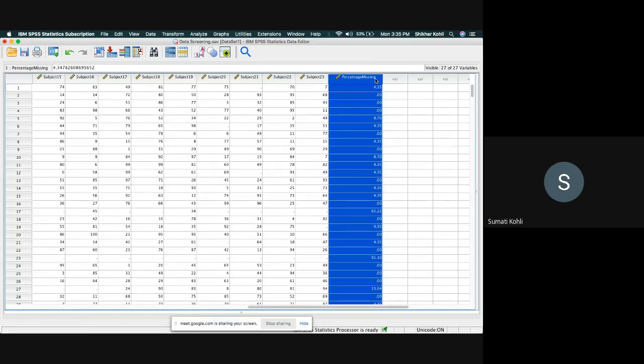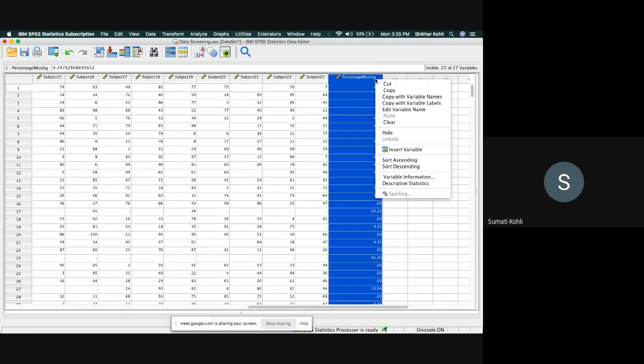Once your column has been selected, you simply do a right click where it is written percentage missing. Once you have done the right click, you have this entire drop down menu which comes with various different options here, okay?